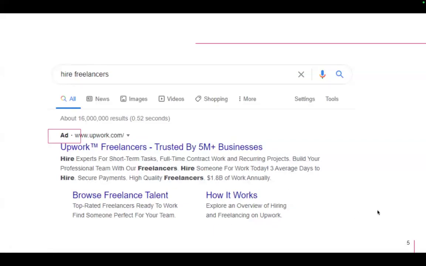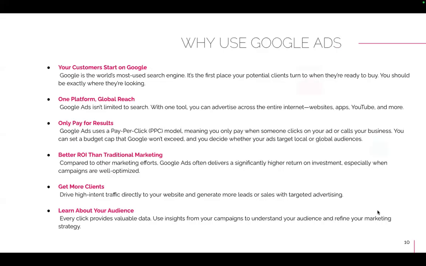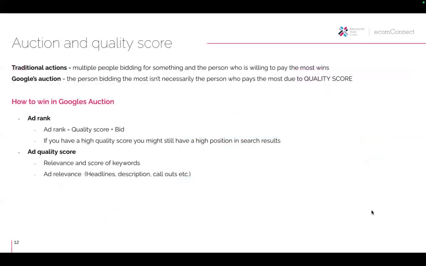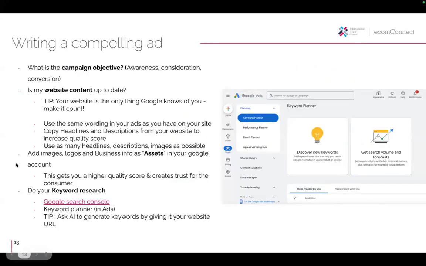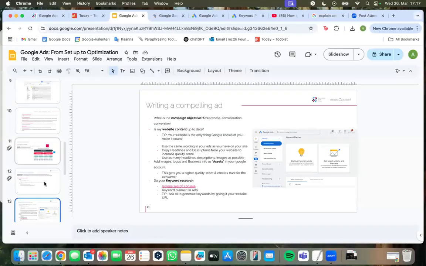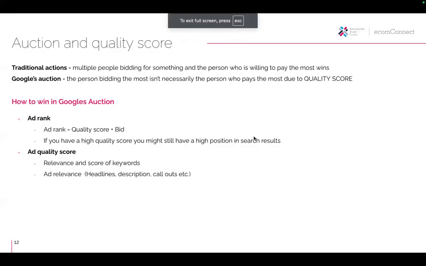But now that that's out of the way, now we all know what we're talking about when we're talking about headlines and descriptions. I will go back to where we were, which was the previous slide here. So how do you get your ad relevance high is by having high relevance headlines and descriptions. All right, so what are those? Those are directly in communication with what you have on your website.